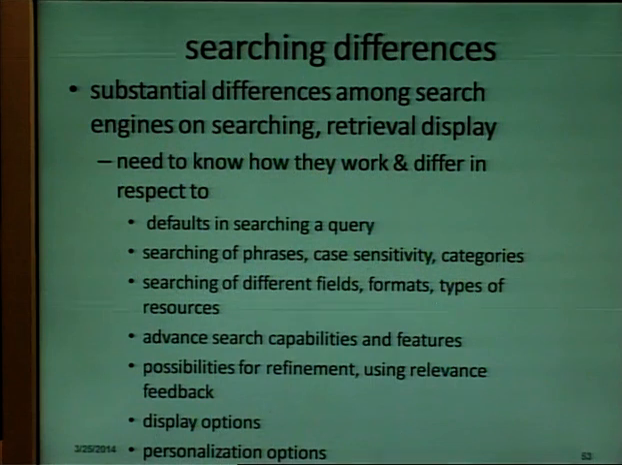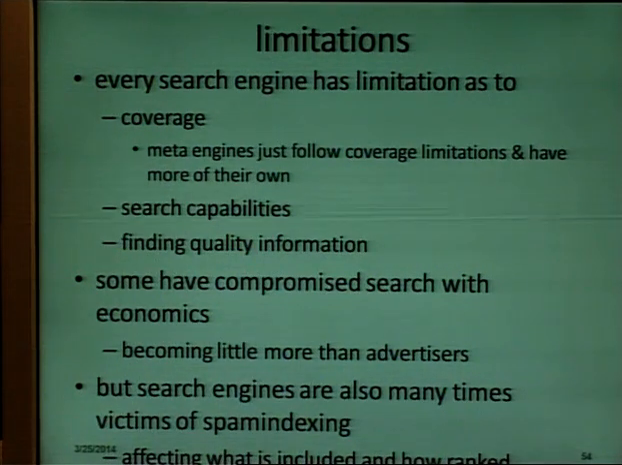Searching differences: there are substantial differences among search engines on searching, retrieval and display. You need not know how they work, but they differ with respect to searching a query, searching of phrases, case sensitivity, categories, searching of different labels, formats, type of resources, display options, personalization options, etc. There are various limitations regarding coverage, search capabilities and quality of information. Some have compromised search with economics as well, but search engines are also many times victim of spam indexing, which is affecting what is included and